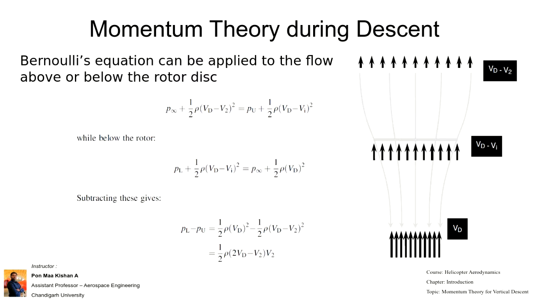Okay. So the steps we have followed for climb will be similar for momentum theory. I'm repeating that momentum theory is just for understanding. This is not the final theory to calculate an accurate value of thrust. This is to calculate thrust approximately. So you can even apply this to your quadcopter also.